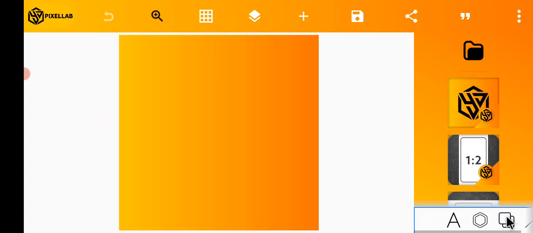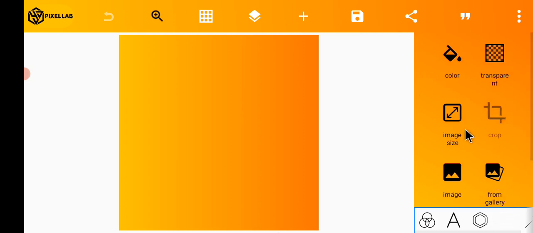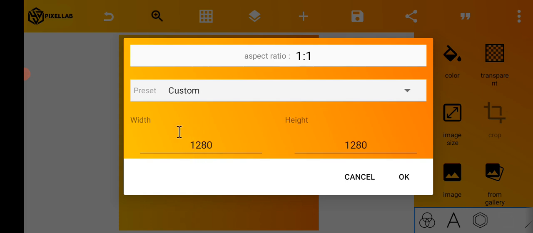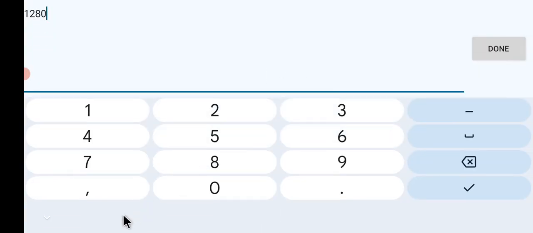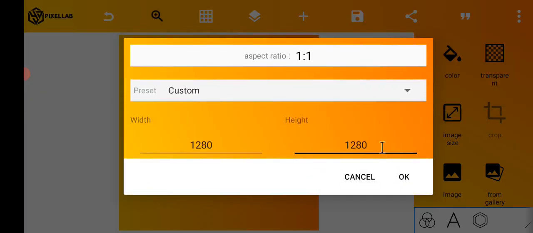Now I'll set the size of this particular banner. This is where you go to your page setup to actually set up the size of what you are working on. So for me, I will click on the page setup tool, then I'll go to my image size. On image size, for the width, I'll go in for 1280 pixel, and height I'll go in for 741 pixel. To edit that, you just click on it, then